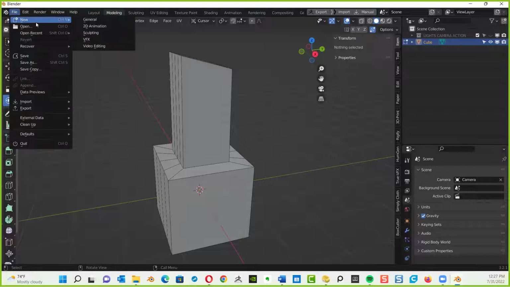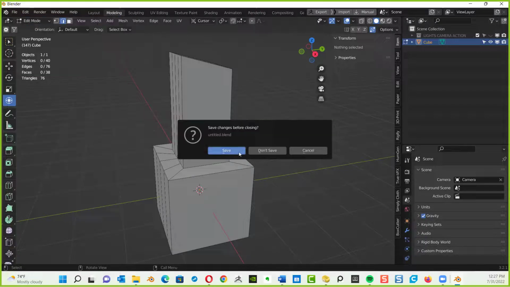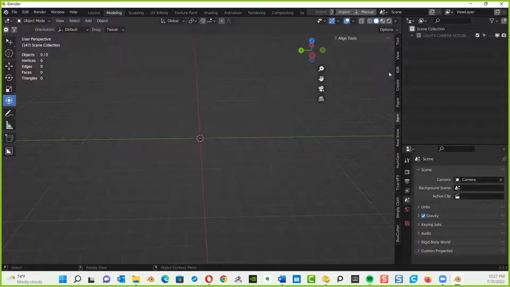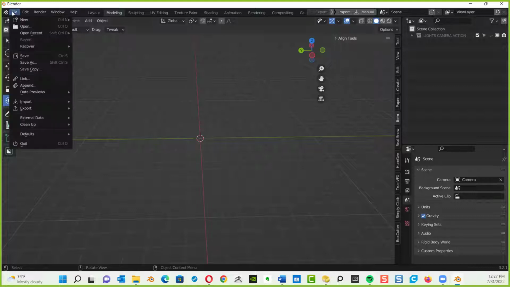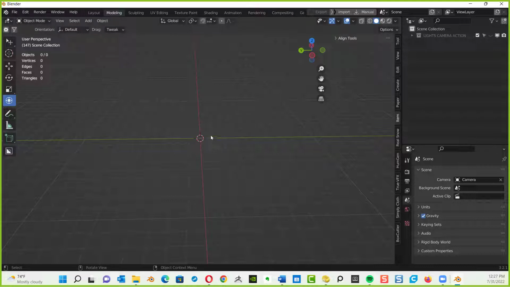This next thing. So file menu, I'm going to go to new and go to general. So what is Blender going to do? It's going to reset my interface. I don't want to save it. I'm going to say don't save. Right back to my default interface the way that I like to use it. Because it's reading from that default file, right? Okay.